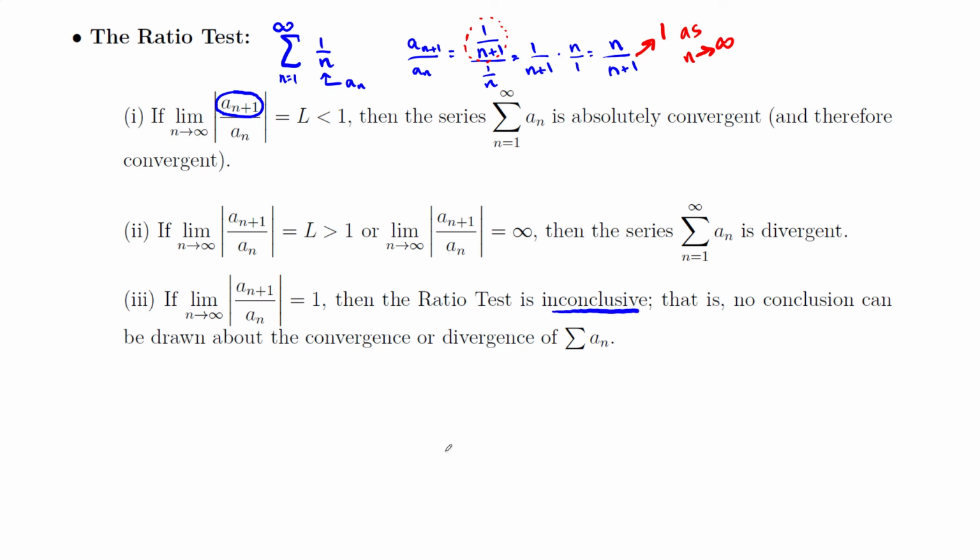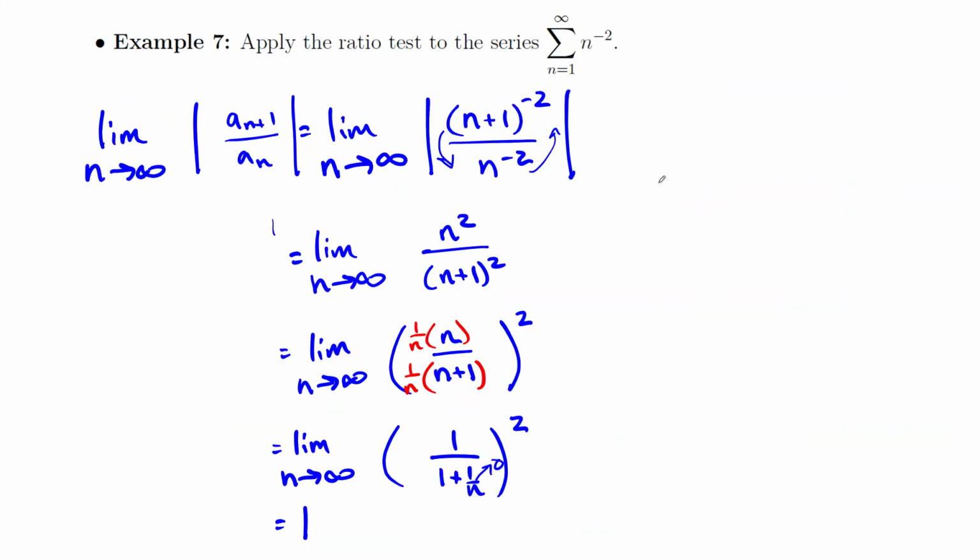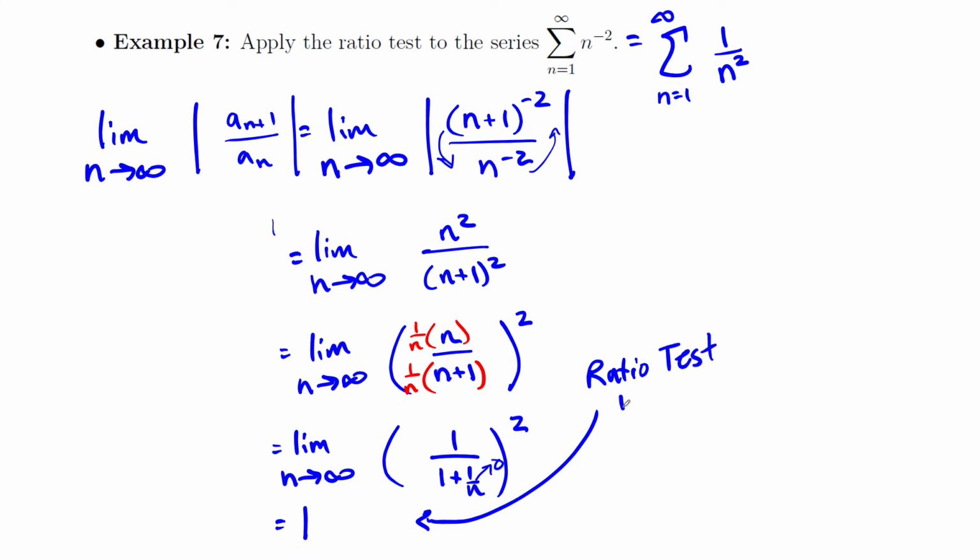We don't know. Now, in this particular example, we do know. Okay, we know that this series here can also be written this way. So let's write this. The ratio test is inconclusive, but we do know it converges